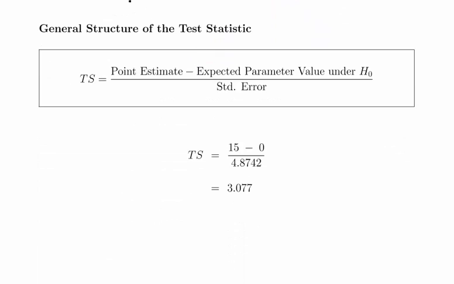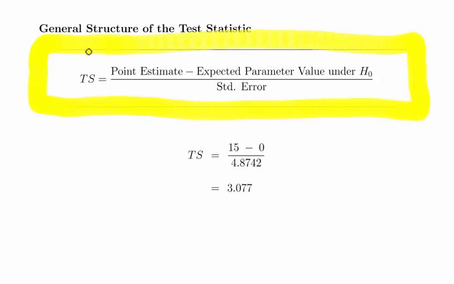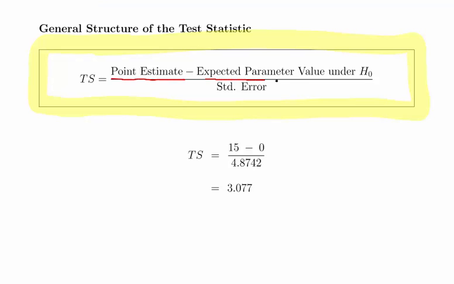Now, the general structure of a test statistic. For a lot of undergraduate exams, not every one, but if you're dealing with sample means or sample proportions, this way of remembering things is very helpful. It's the point estimate minus the expected value under the null hypothesis, divided by the standard error. Sometimes I call that the null value. It's not exactly a null value, it's just to distinguish it from the point estimate. Under the null hypothesis, the expected parameter value is the expected difference of the null hypothesis, that is 0,